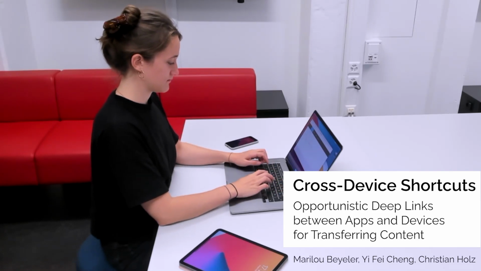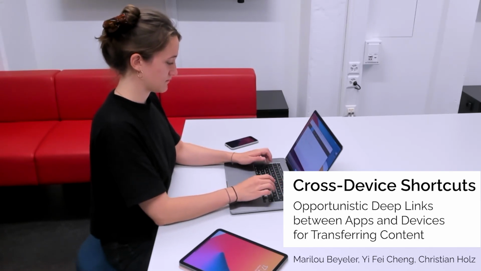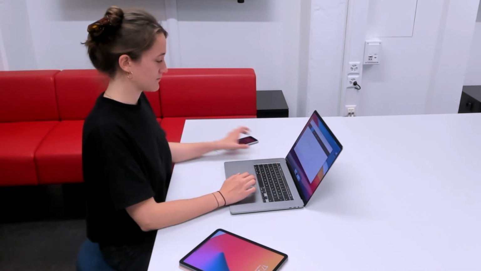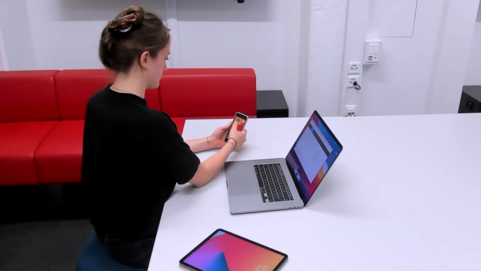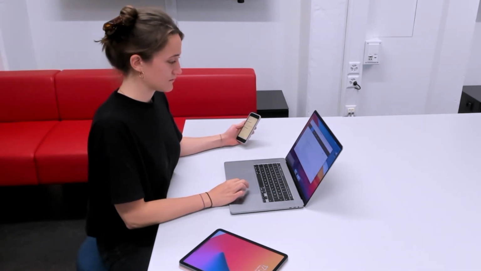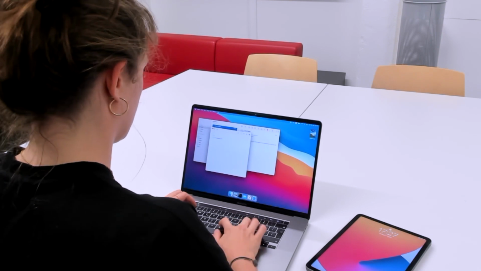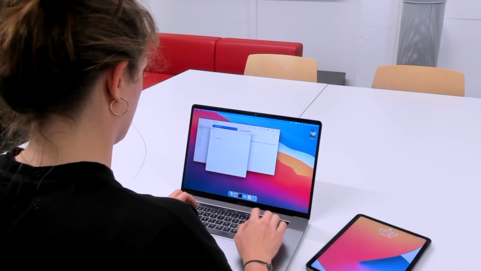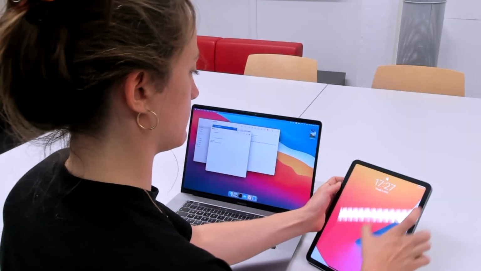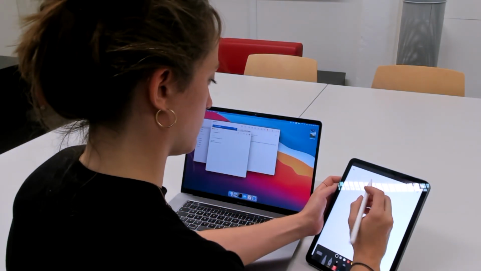Productivity users as well as end users increasingly involve multiple devices into their workflows, even when accomplishing a single task. However, information transfer between apps on separate devices still involves non-negligible effort and therefore time overhead. In this paper, we introduce cross-device shortcuts, an interaction technique that enables direct and discoverable content exchange between apps across